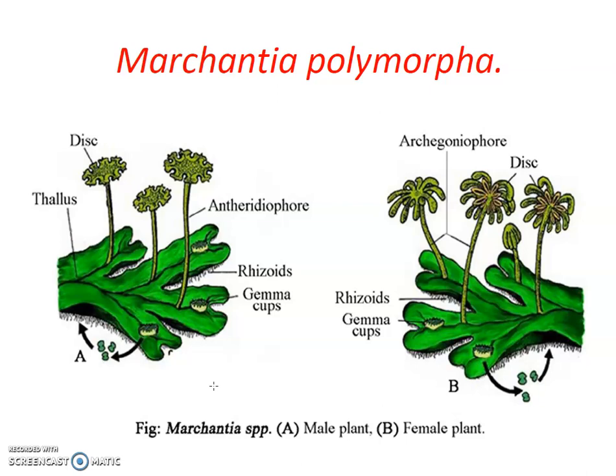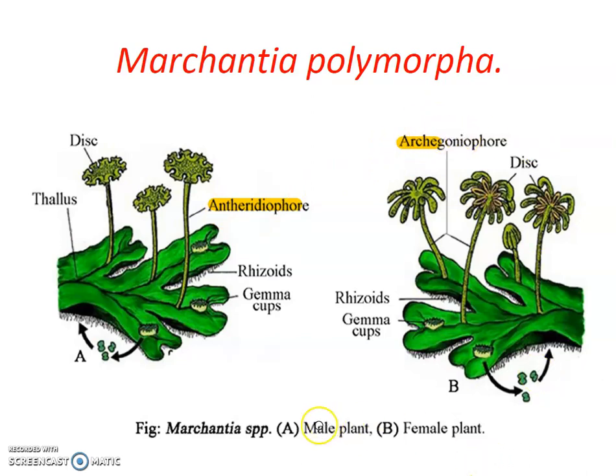Marchantia plants are dioecious, meaning male plants and female plants are different. This is the male Marchantia and this is the female Marchantia. Two different plants. Male Marchantia produces antheridiophores and female Marchantia produces archegoniophores. This is the difference. So, male Marchantia produces antheridiophore and female Marchantia produces